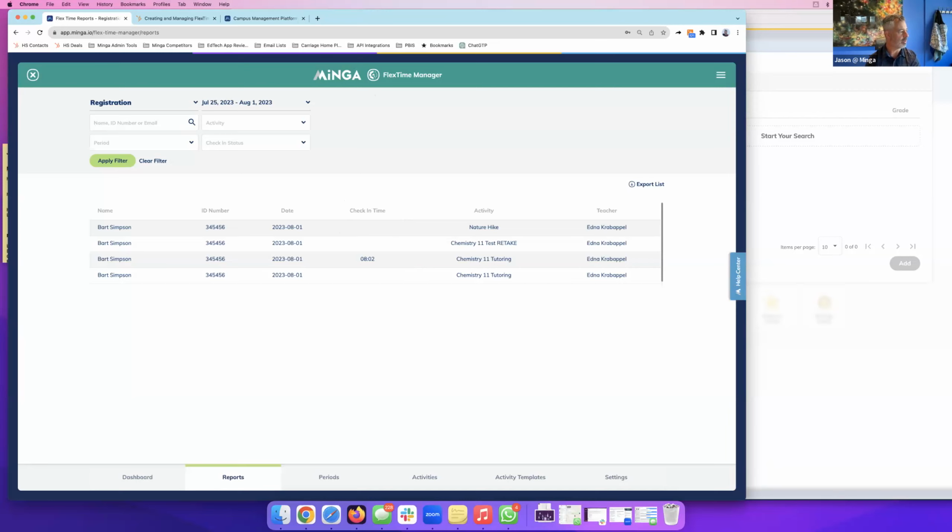Okay, so Christy says, we currently use another schedule for our flex period, which for us occurs daily. How much work does this Minga module require on a weekly basis? We currently don't allow teachers to manage their own periods. Most of the time, teachers are expected to work with students on reteaching test projects. Our periods are preset for the year, and so creation of periods happens on the back end before school even